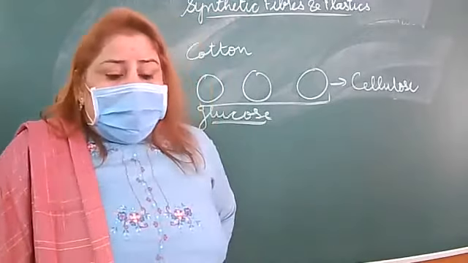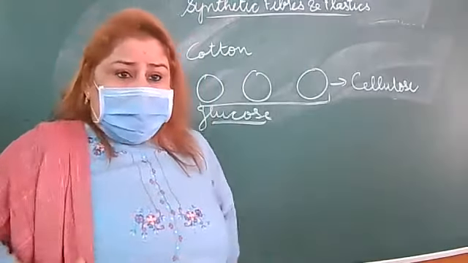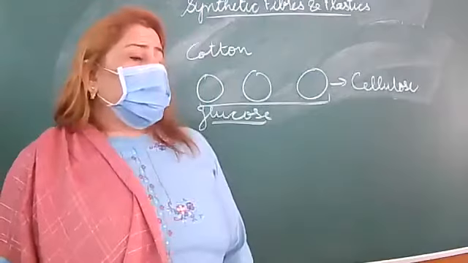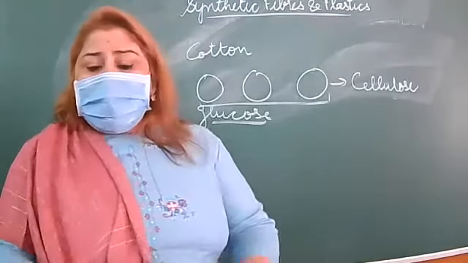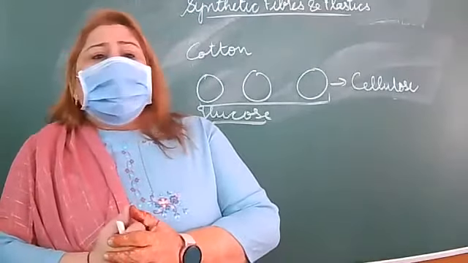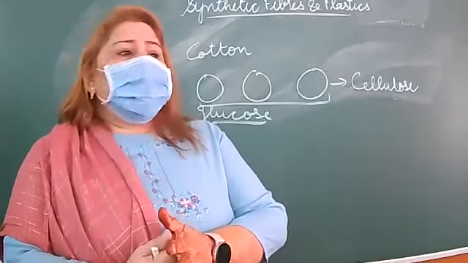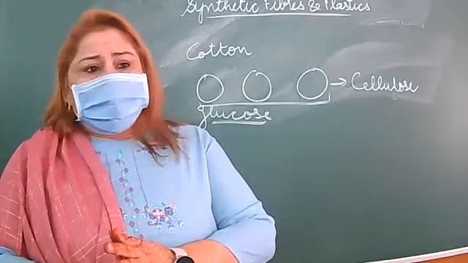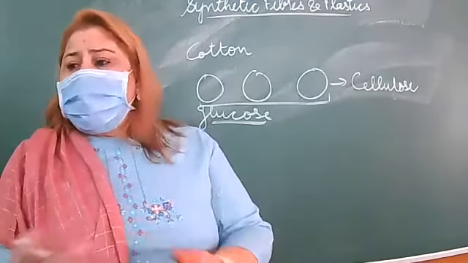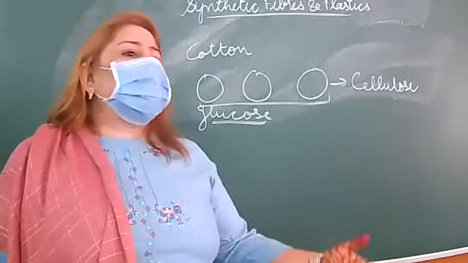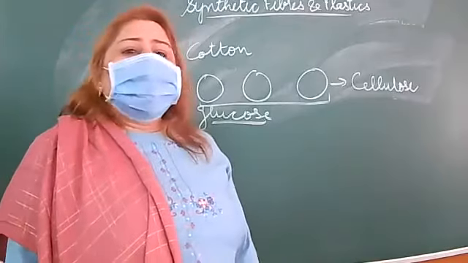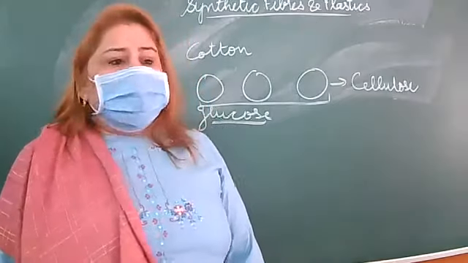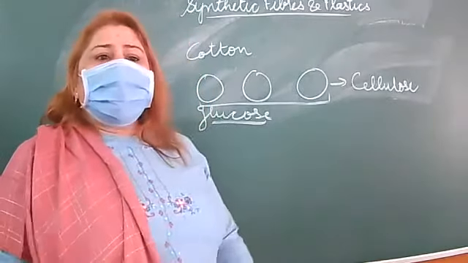Then next one is polyester. Polyester is a polymer made up of ester, which means fruity smell. Now what are its characteristics? Lightweight, strong, elastic, absorbs less water, dries quickly. Polyester is also wrinkle free. Used for making sarees, curtains, sails.